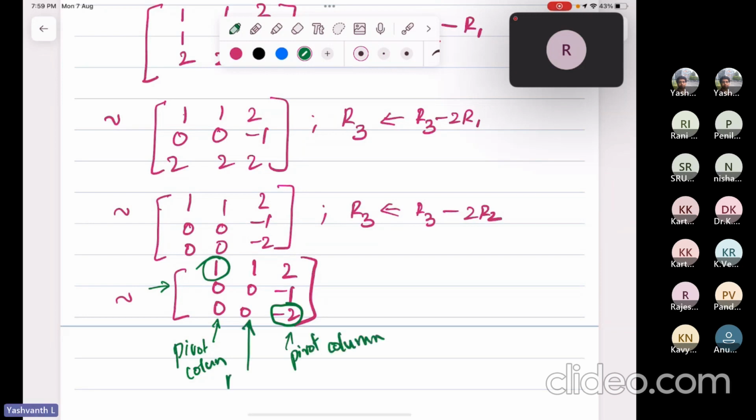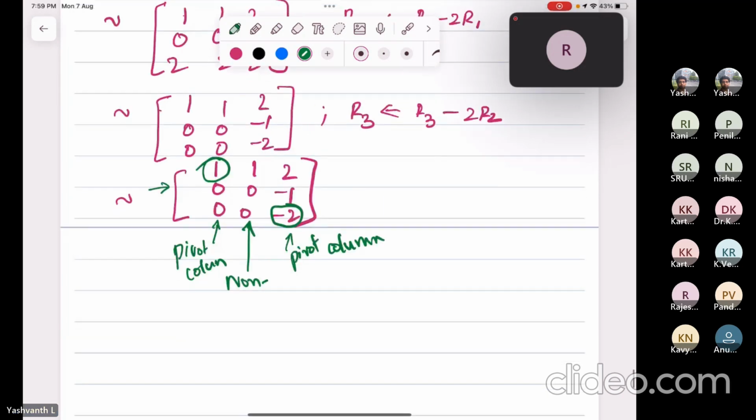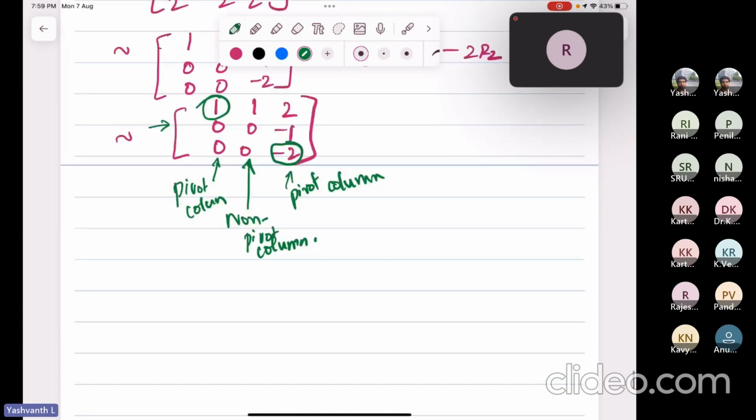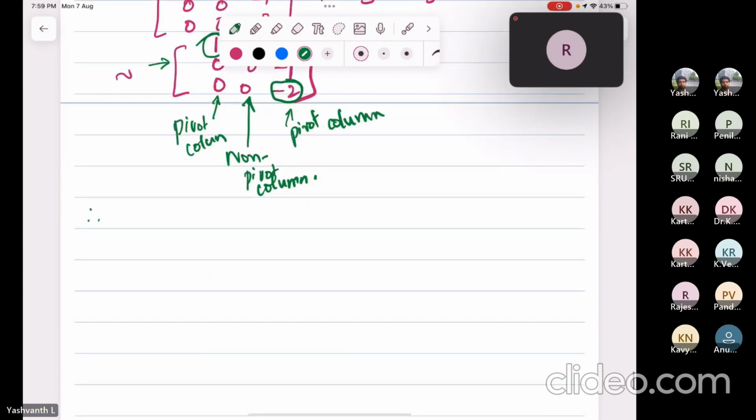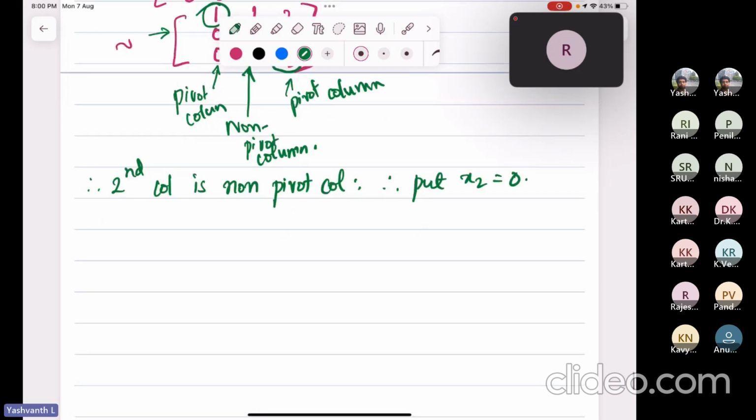But this is a non-pivot column. Okay. This is a non-pivot column. So that means the second column is non-pivot, right? So then what you do? Second column is non-pivot column. Therefore, put x2 equal to 0. Okay, then